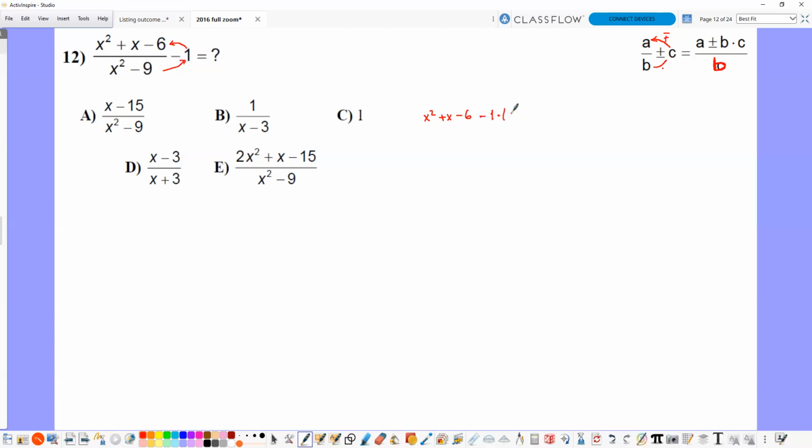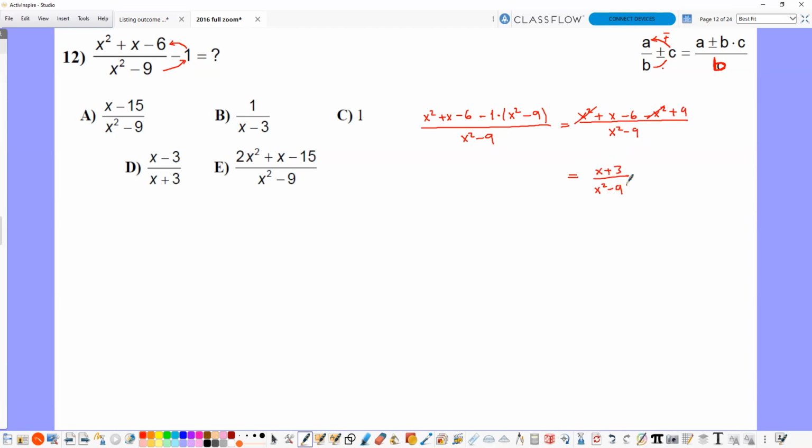minus 1 times x squared minus 9, all divided by x squared minus 9. Which is equal to x squared plus x minus 6 minus 1 times, if you multiply, this is going to be minus x squared, and minus 1 times minus 9 is plus 9, all divided by x squared minus 9. Here you are going to simplify this one and this one. X minus 6 plus 9 is equal to x plus 3 up, and x squared minus 9